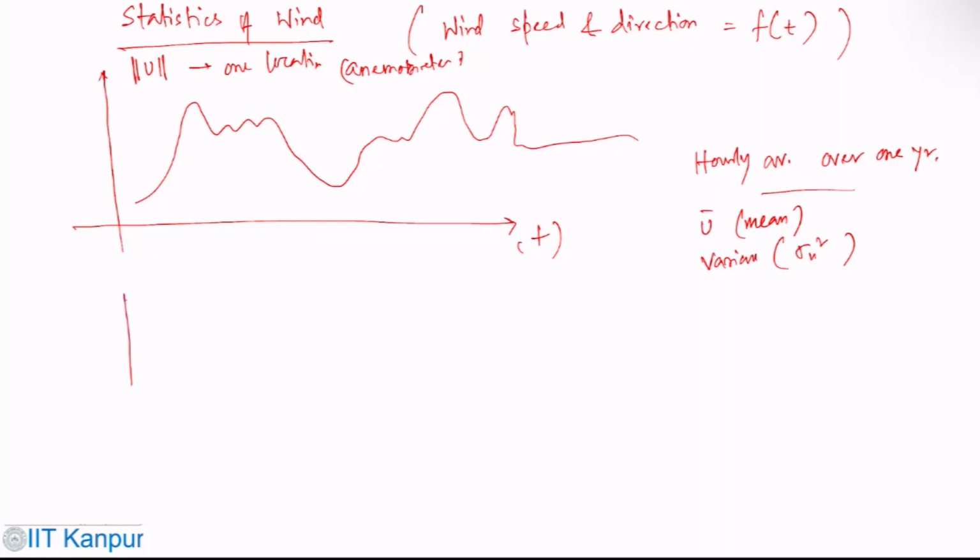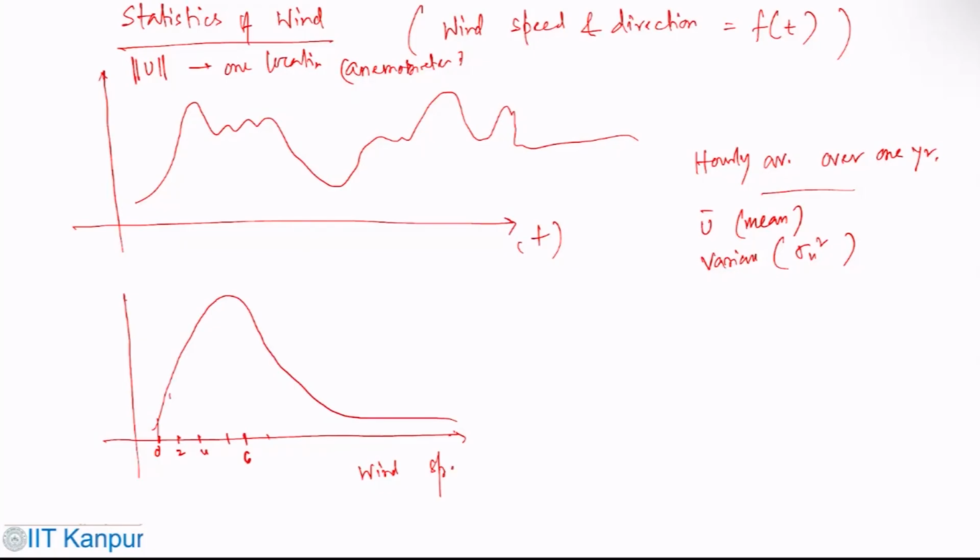So what you can have, let's say, varying wind speed, and you can have, let's say, 0 to 4, 6, 8, and so on. So, I mean, you can have some kind of a curve like that